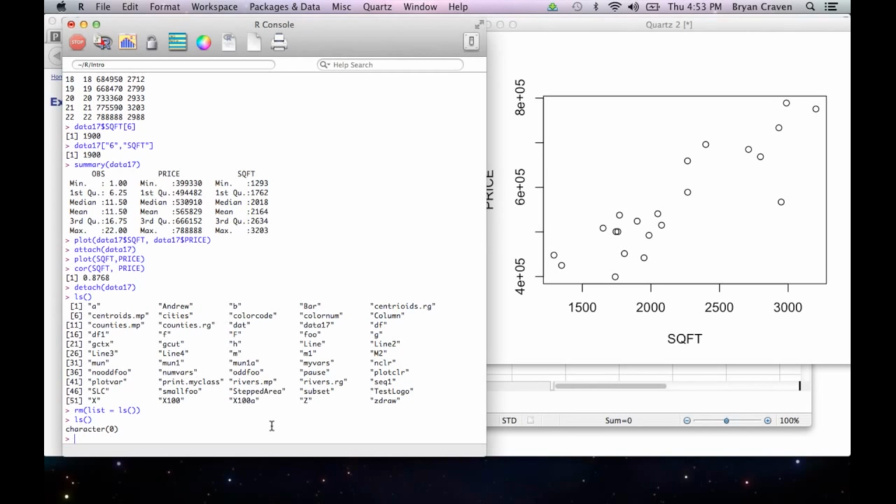So the next thing that I'd like to talk about is that in this class, some data will be easily available directly from the internet. So let's try and bring in a CSV file directly from an internet URL. So in this case, again, we have to name the data frame, or tell R what we're going to call this file that we're about to bring in. So we're going to call it data, and we're going to do the less than sign and the dash, and we're once again going to use that read.csv command